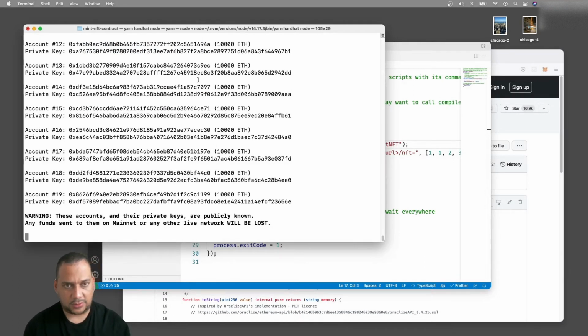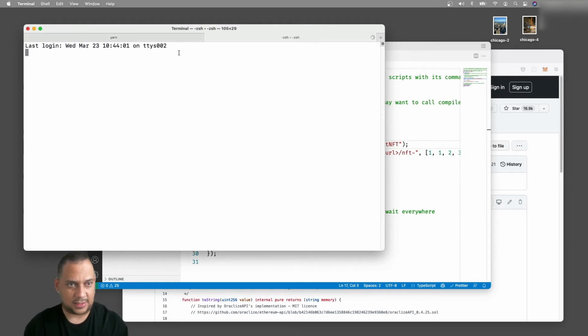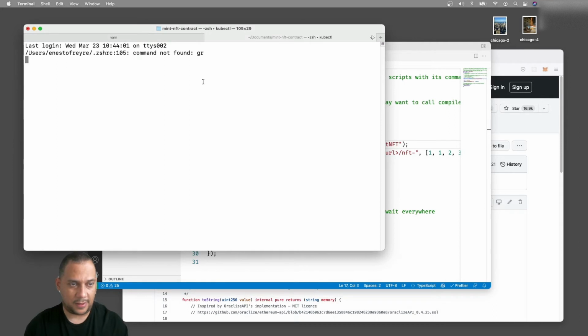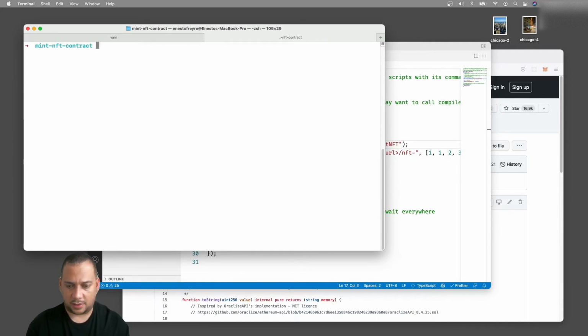And let's open a new tab, because that node should be running when we want to deploy. And let's deploy our contract on that local node. So I think the command is hardhat run script, and this is the command: yarn hardhat run scripts/deploy.js into the local network.